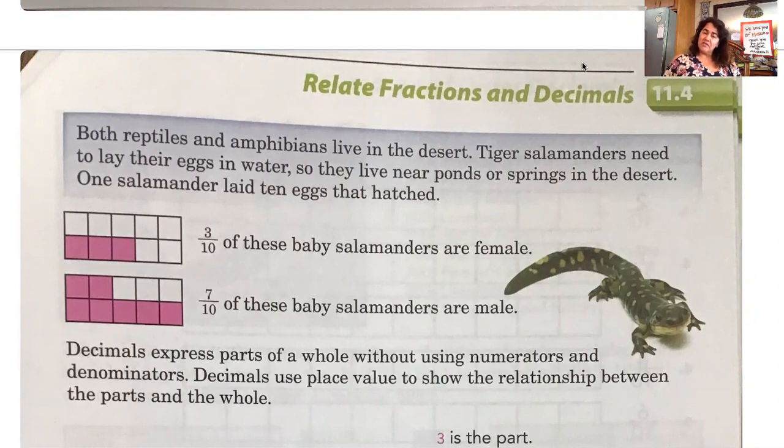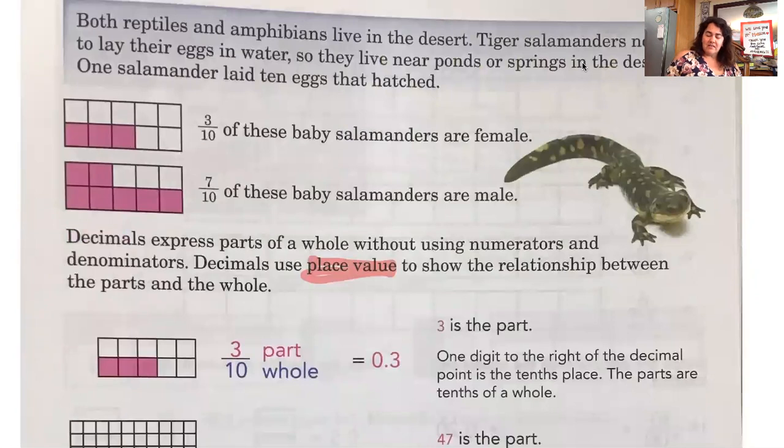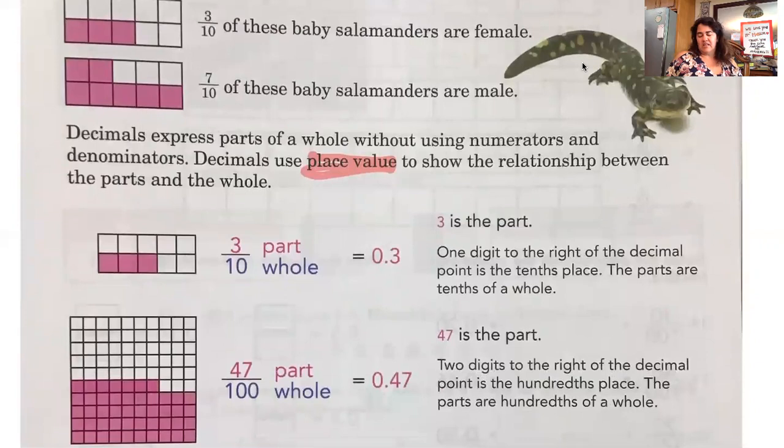Decimals express parts of a whole without using numerators and denominators. Sorry, guys. Numerators and denominators. Decimals use place value to show the relationship between the parts and the whole. So as they are showing us the charts up above that show 3/10 and 7/10, down here we're going to break it down into the decimal